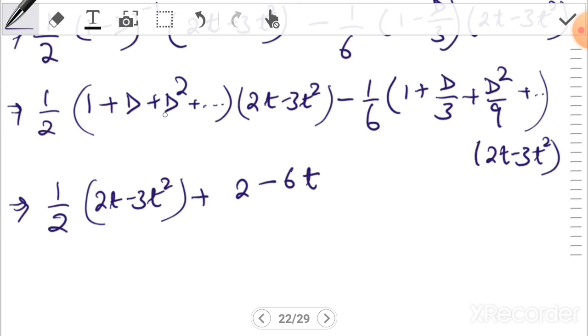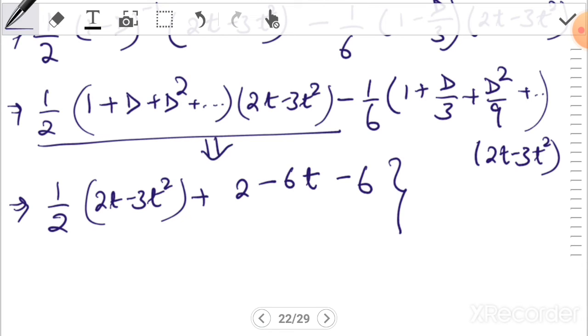Then again D square, the double derivative of 2t minus 3t square, is the first derivative of 2 minus 6t, that is minus 6. Subsequent higher order derivatives, greater than 2, will be equal to 0. So for this part we have calculated, right? Okay, and for the second part,